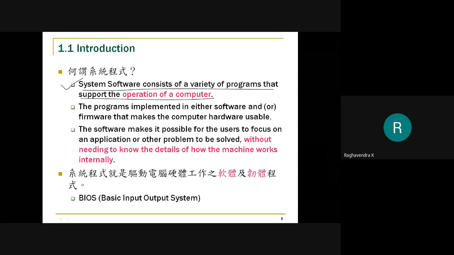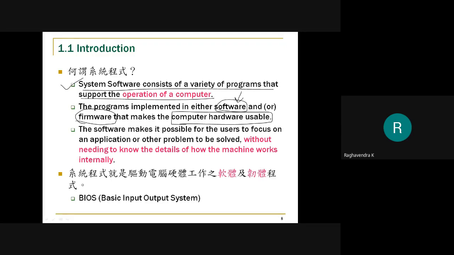Now, these system software are either implemented as software, or as firmware, or they can be hardwired, hardware programs, or software programs. But of course, they are meant to make your computer hardware usable, right?